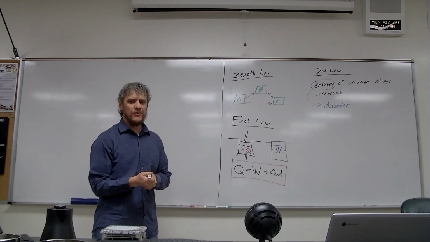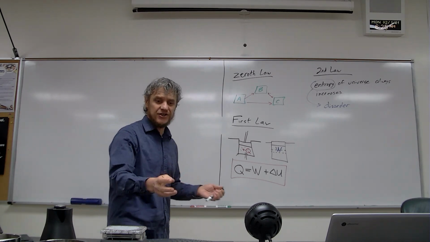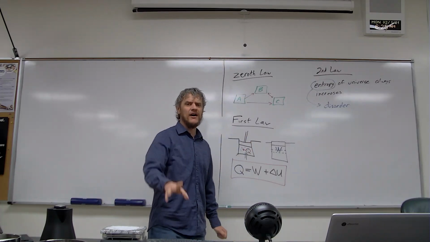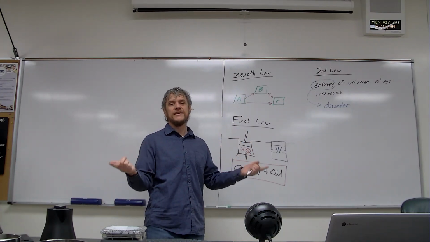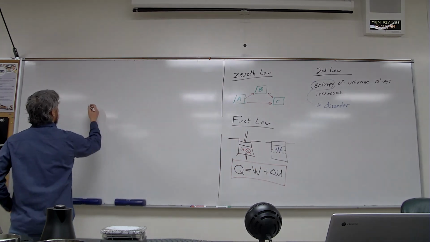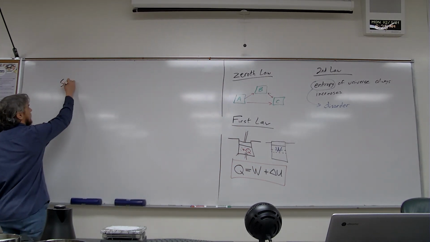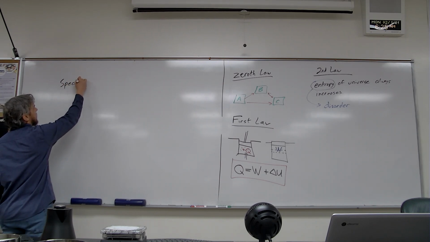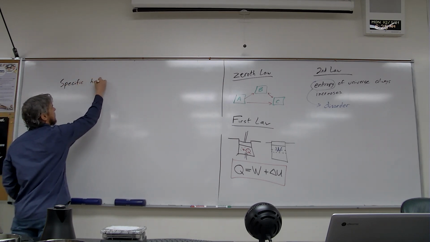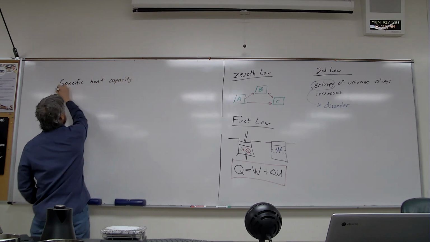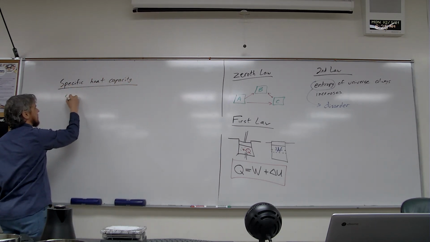Well, it turns out that whenever you heat an object, I just showed two different objects with the same input of heat from the same hot plate increase their temperature at different rates. So how do we quantify how fast something heats up or how fast something cools down? Well, we talk about the specific heat capacity of a substance. In equations, it gets the symbol C,